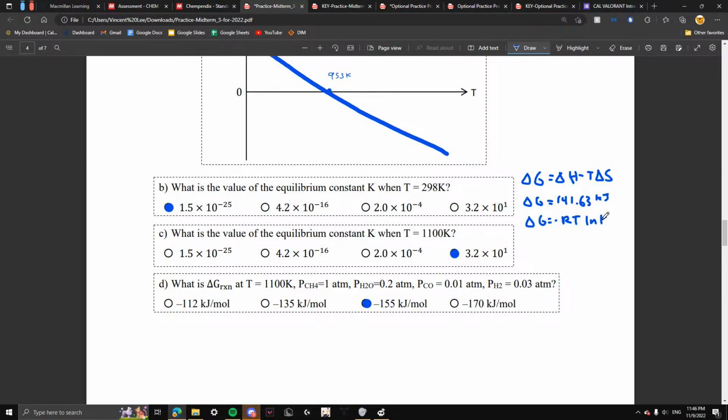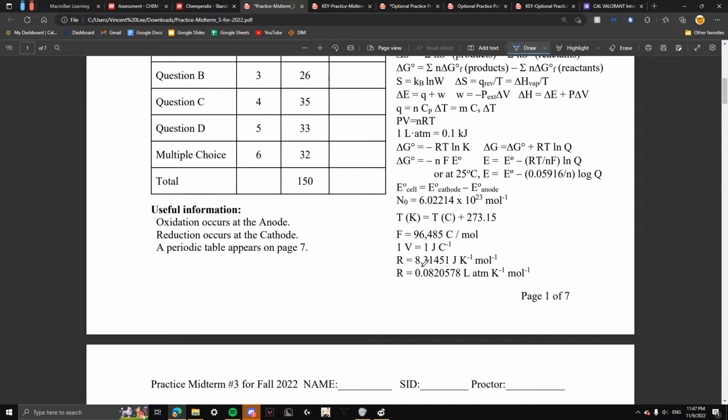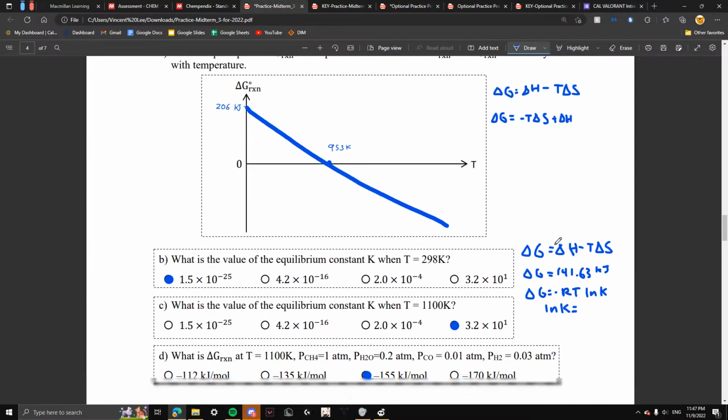If I isolate for ln K, it's going to be ln K is equal to 141.63 divided by 8.314